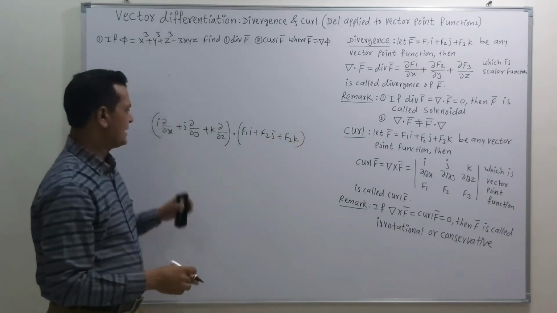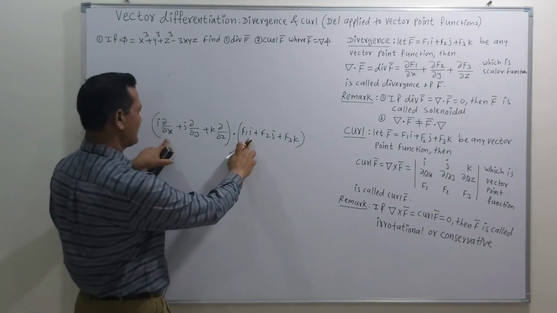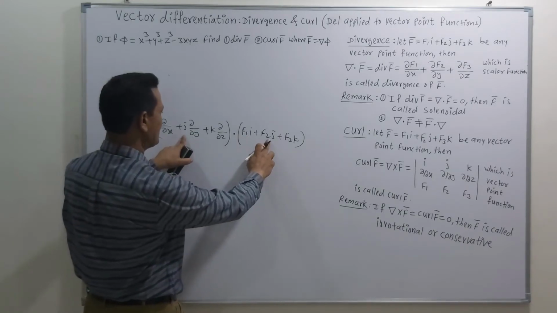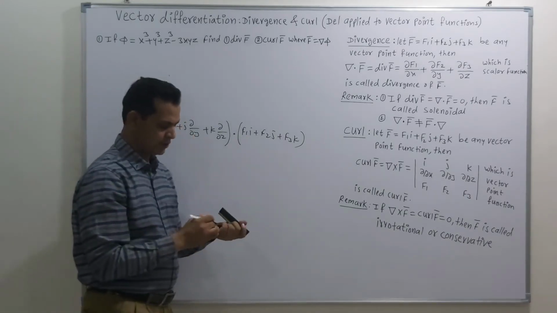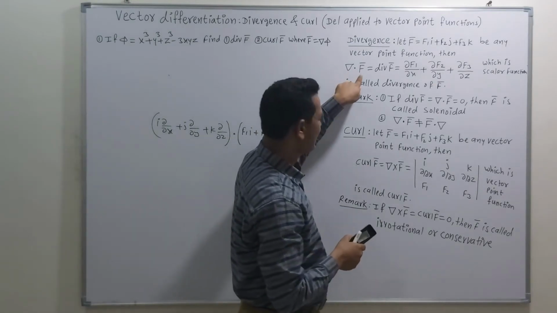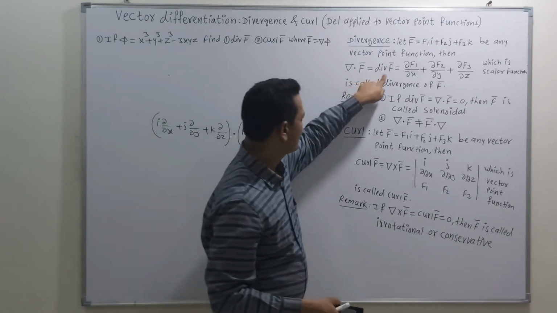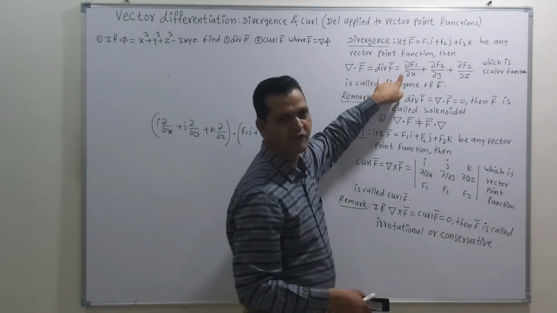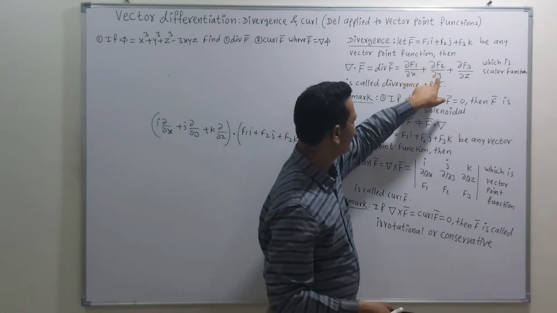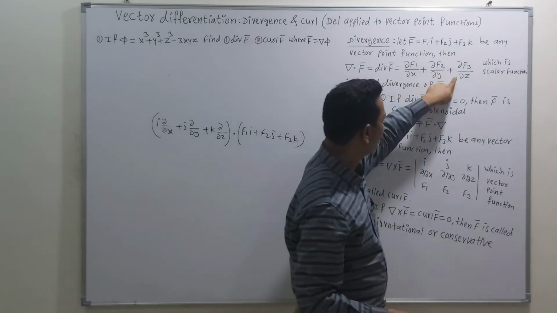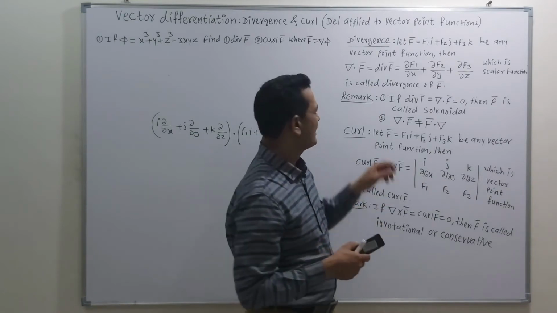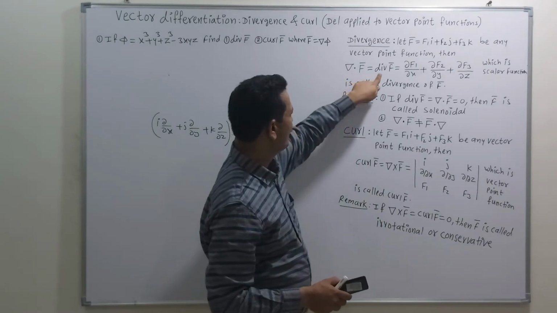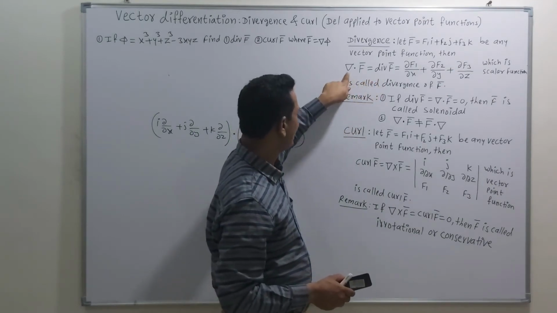If we take the dot product, we multiply the coefficients of the i terms, the j terms and the k terms: the partial derivative of f1 with respect to x, the partial derivative of f2 with respect to y, and the partial derivative of f3 with respect to z. So del dot f bar is called the divergence of the vector field f, defined as the partial derivative of f1 with respect to x plus the partial derivative of f2 with respect to y plus the partial derivative of f3 with respect to z. We denote this divergence by div f bar, or we write it as del